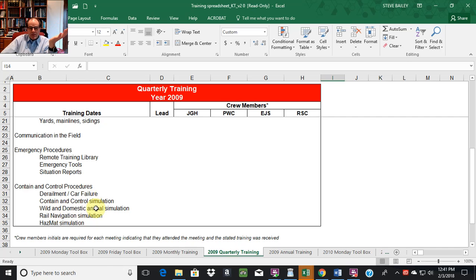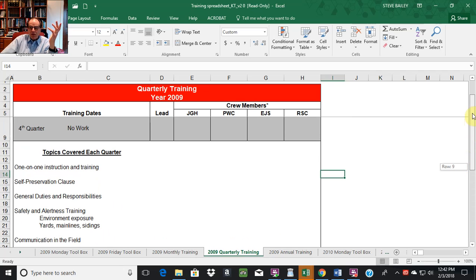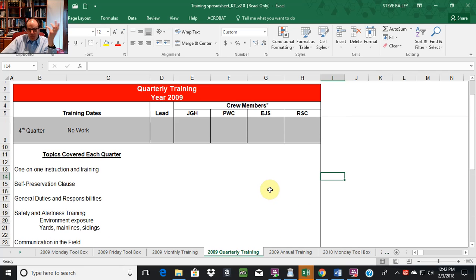So, wild and domestic animal. But if you look at all of what she did, she really showed she knows pretty much everything there is about the railroad. And so if you're going to prosecute this case or defend it for the railroad,